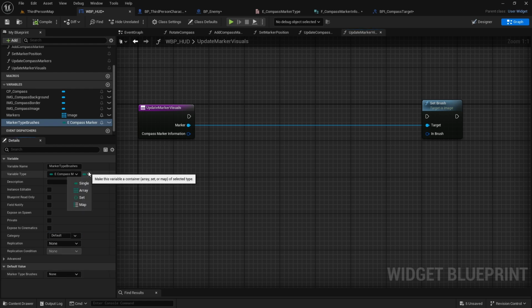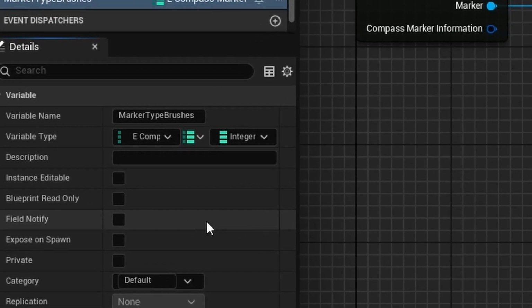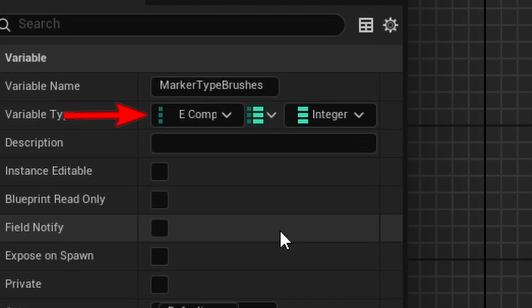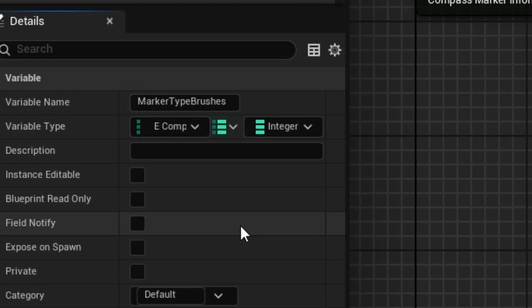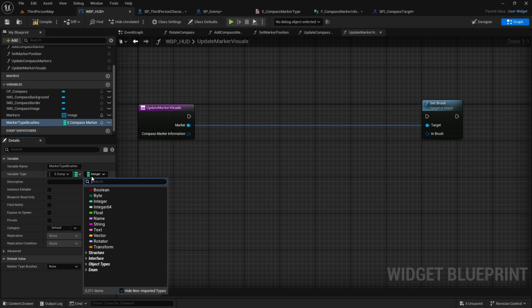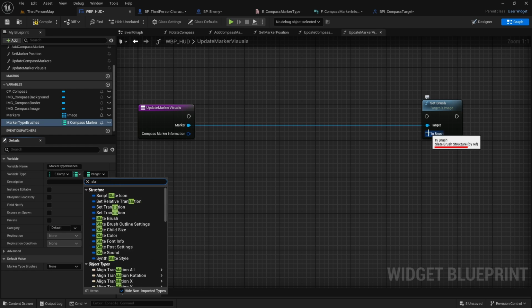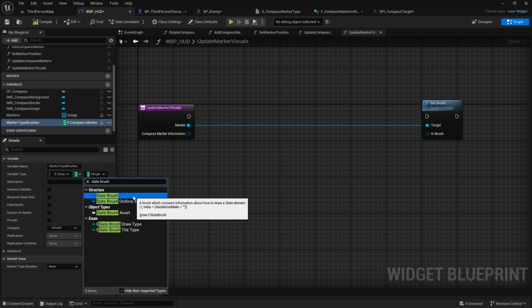So instead of single or array, we can use map. The map has two values. On the left side is a key value, which is unique, and on the right side is the value we want to get according to the key. You can think of it as an advanced switch on enum, where you would only want to change the brush value. So, change the second value from integer to the variable that InBrush wants, that is slate brush structure, and